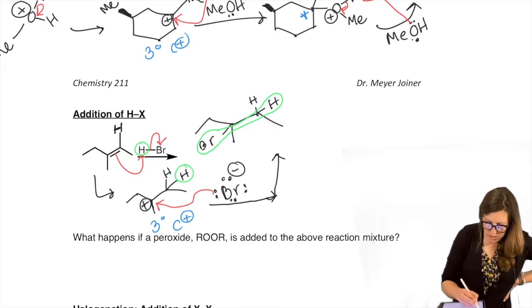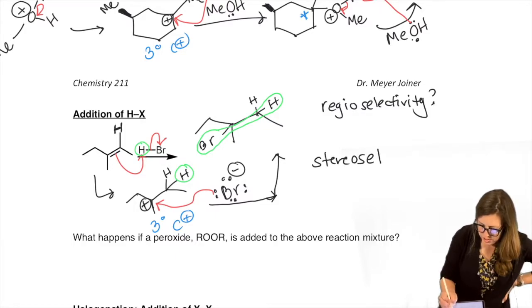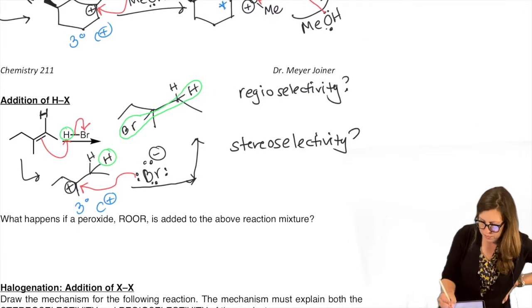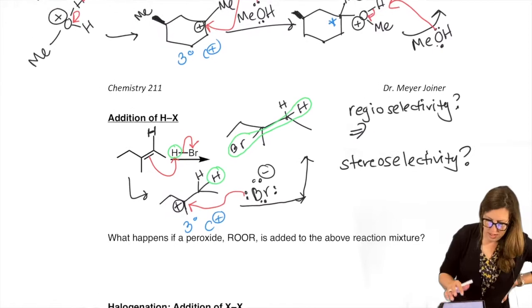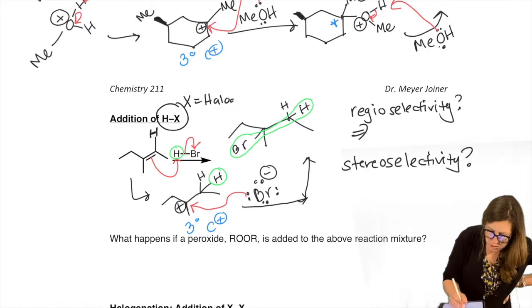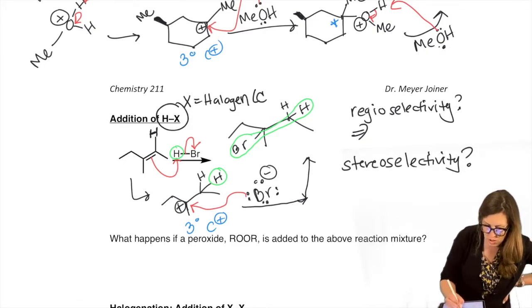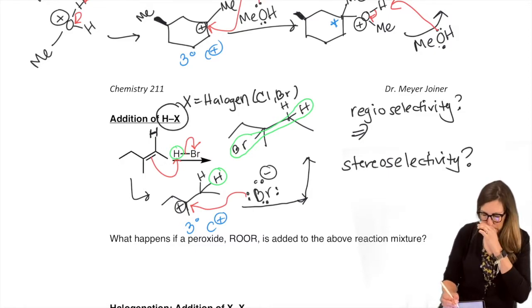So we always summarize our new reactions right here. Regioselectivity. And we ask about stereoselectivity. Did it preferentially form one stereoisomer over another? Regioselectively, yes. The bromine, the X of HX, right? Because HX is the halogens. So we did this, a specific example has bromine, but we could do this also with chlorine commonly. Those are the two most common, chlorine and bromine, as usual.